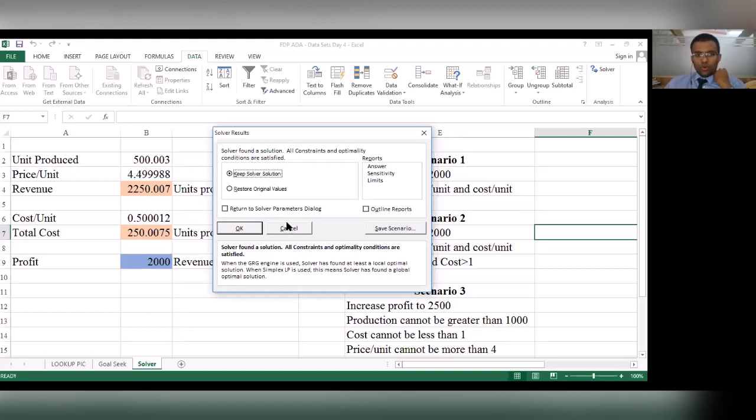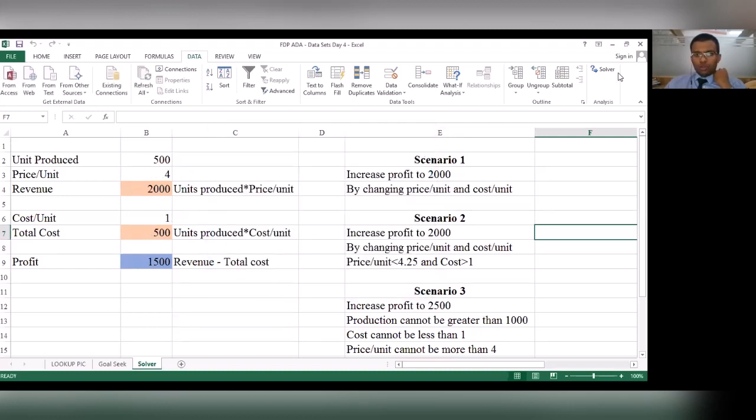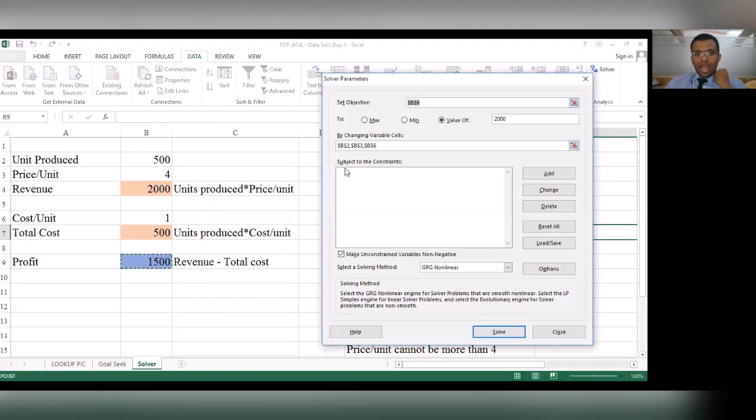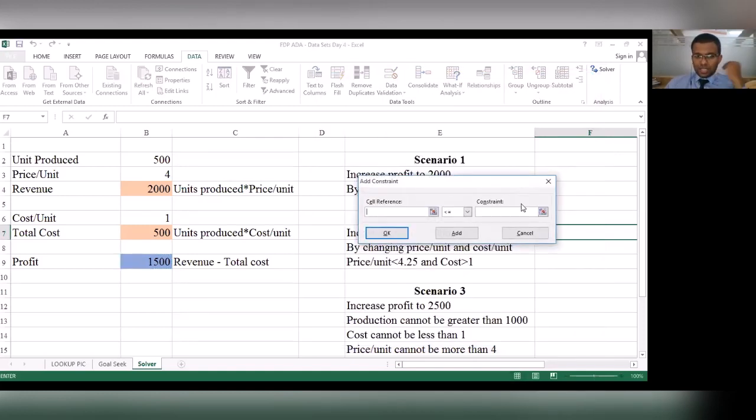So I'm going to go back to my solver analysis screen and give some conditions here. I'm going to click on this option that says add. Now I'm going to define a condition.